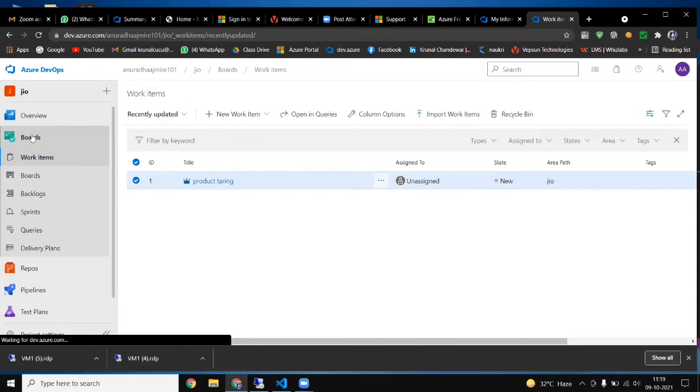Now we have a small confusion here. Can you please explain the process? When you create a project here, you will be selecting the work item process, right? Can you explain what Agile, Scrum, and the others are? No, that is all in our seventh, eighth, or tenth lecture. I'm just giving you a rough idea because we don't know the basics. First we will discuss the basics. I'm only giving you one rough idea.